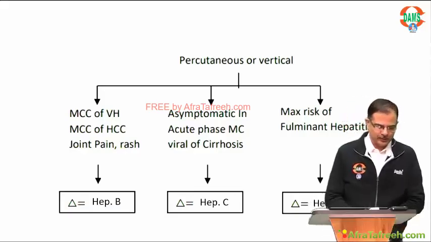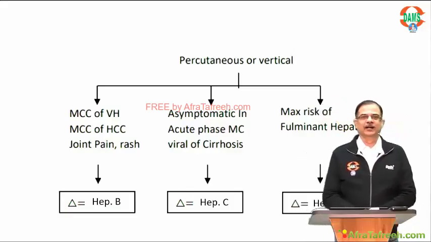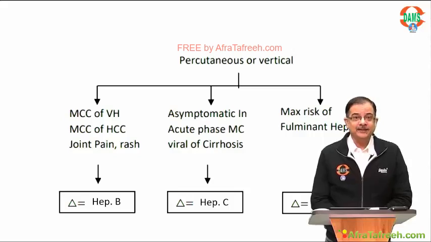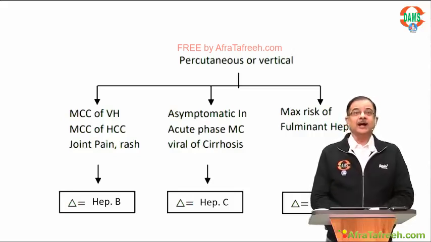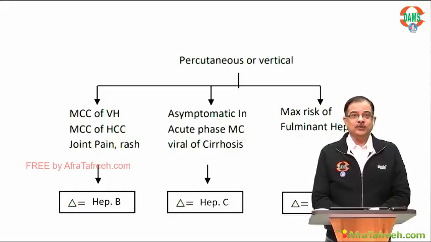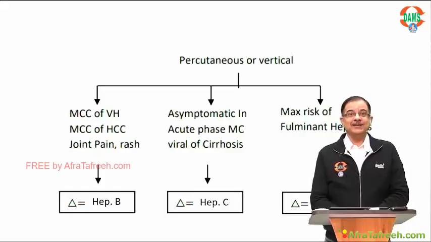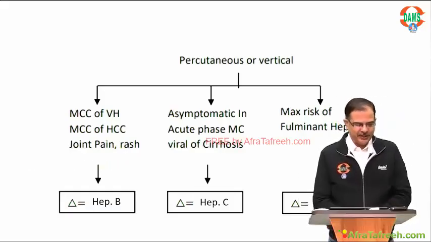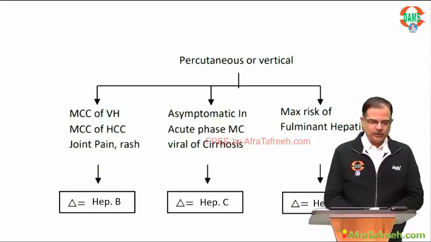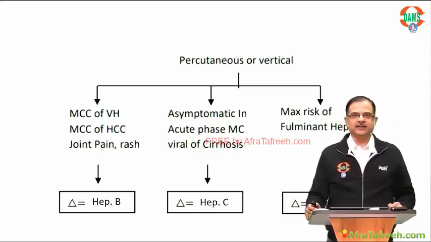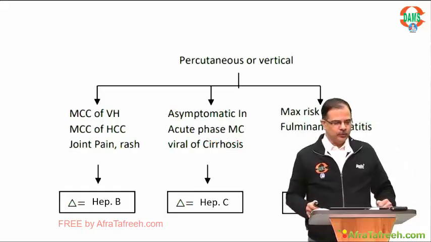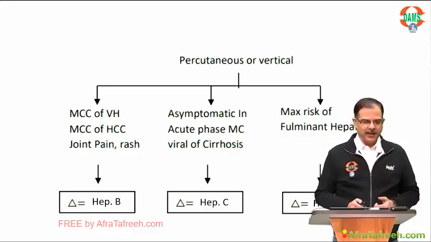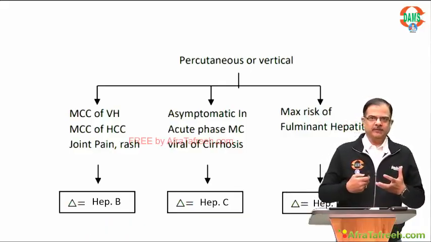All right. So some of the students have given me the correct answer. So the correct answer here is paracetamol toxicity, because I have asked the question as most common cause of fulminant hepatitis. I have not asked viral cause. So most common cause of fulminant hepatitis is paracetamol toxicity, PCM toxicity. Yes. Now moving to the next one. So if the viral cause is given, maximum risk is with hepatitis D, especially with the super infection.